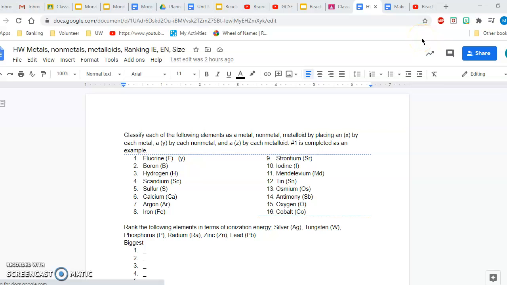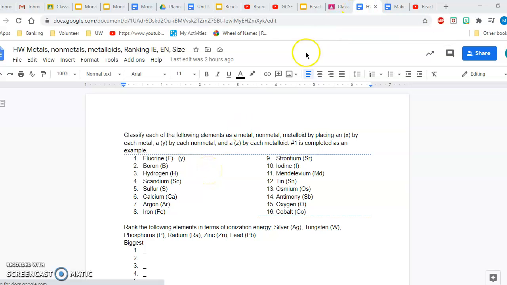Hello, class. I just wanted to explain what I was wanting you to do on this worksheet. First part of it is this top part where I want you to classify each of the following as a metal, nonmetal, or metalloid by placing an X, a Y, or a Z next to each element. So we learned about nonmetals, metals, and metalloids last week, and I just wanted you guys to get some practice with that. I think it's a pretty straightforward